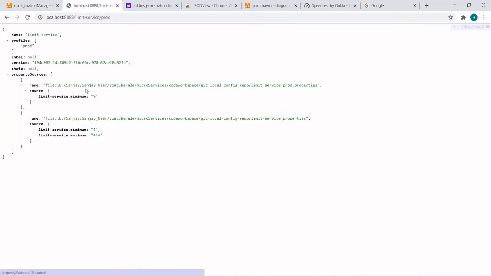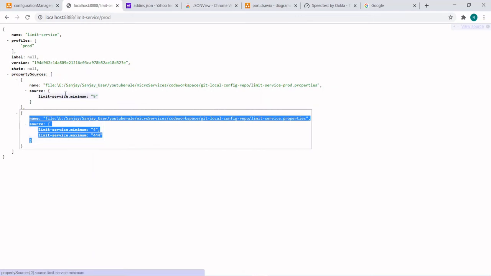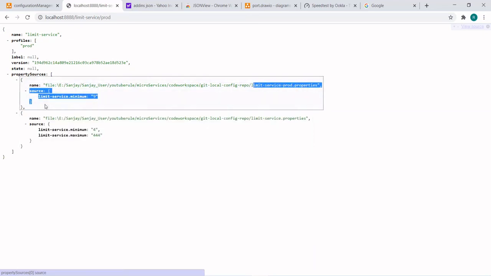Currently the first priority is this, the second priority is this, but later we can give the profile and override, so that if the maximum is not defined in prod, it will read it from the default and give you a single entry.